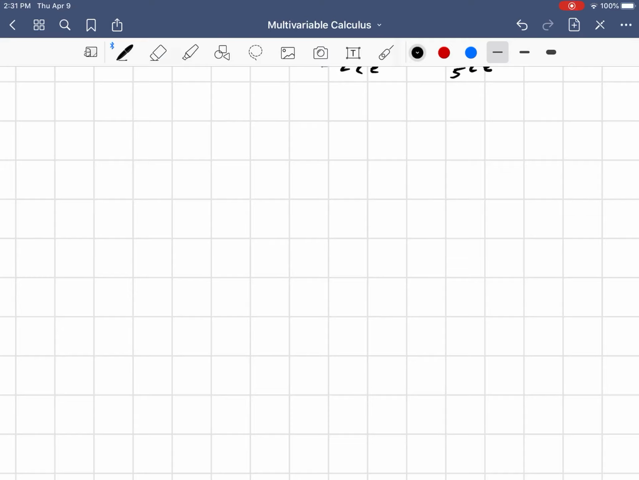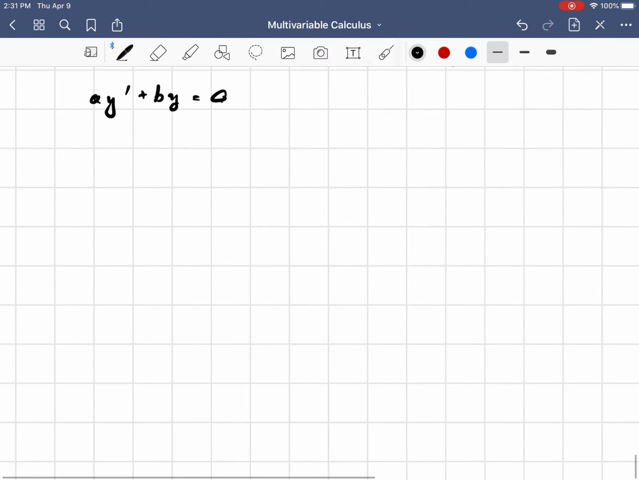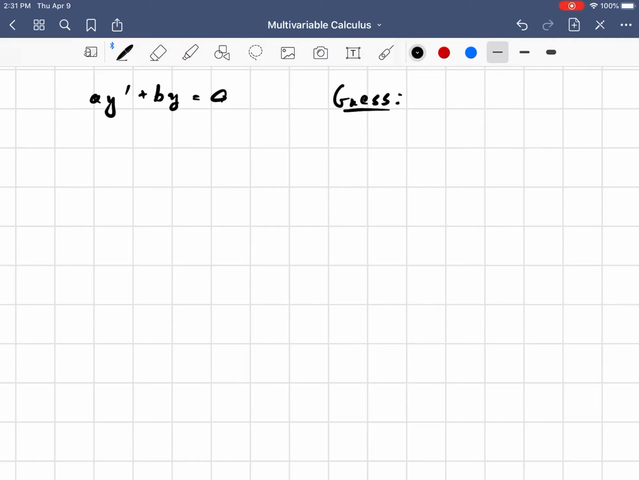Hello, hello, hello. This is Nicholas doing first and second order linear homogeneous differential equations with constant coefficients. For first order, that would be differential equations in the form ay prime plus by is equal to 0. And looking at this equation, you would guess educatedly that the solution has to be a function so